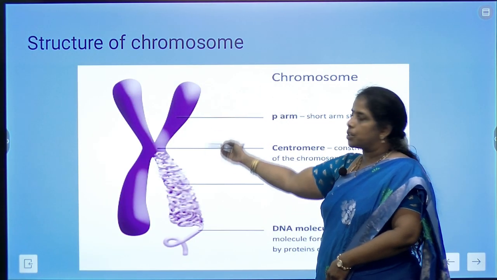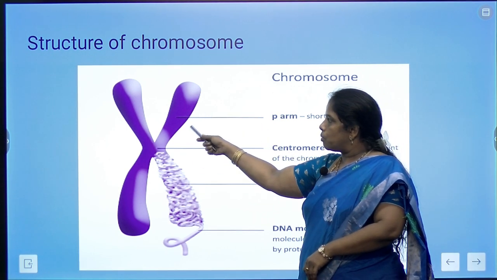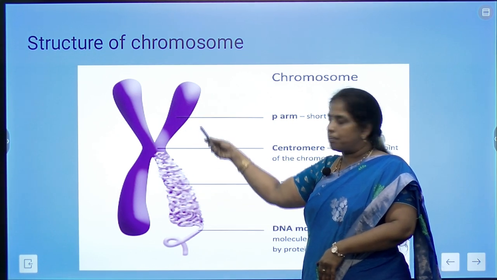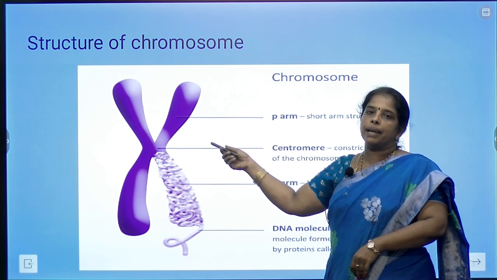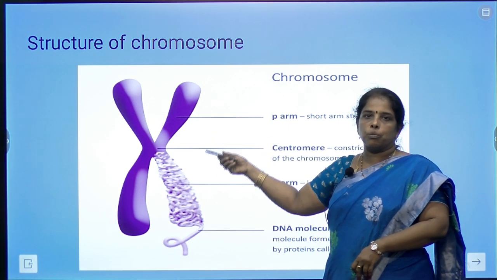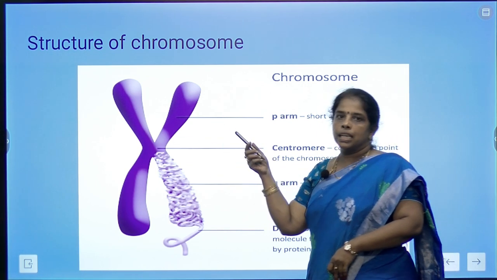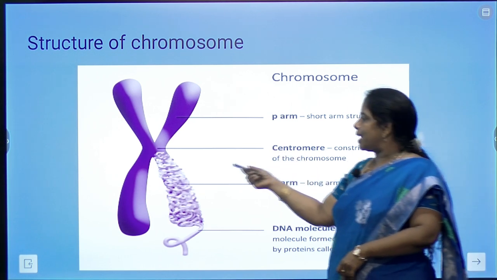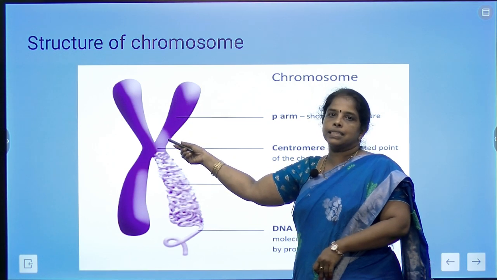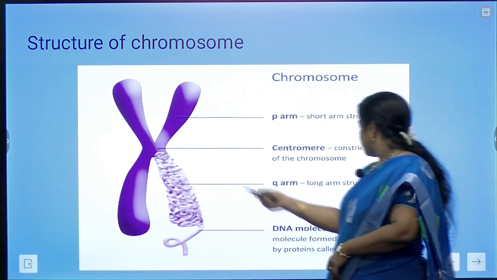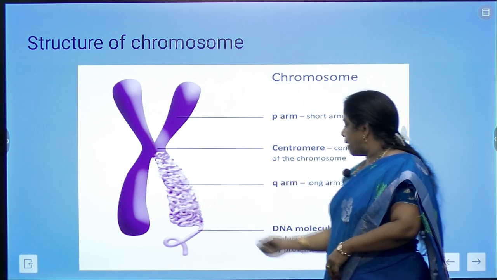So, this is the structure of a chromosome. This chromosome consists of chromatids. The chromosome consists of two arms, the P arm and the Q arm. The chromatid is produced by the replication of the prophase chromosome, and it forms two symmetrical parts. These are called the chromatids. These chromatids are together at a single point, called the centromere, and each chromatid has a single DNA molecule. The long string-like DNA molecules are compacted in the chromatid structures.